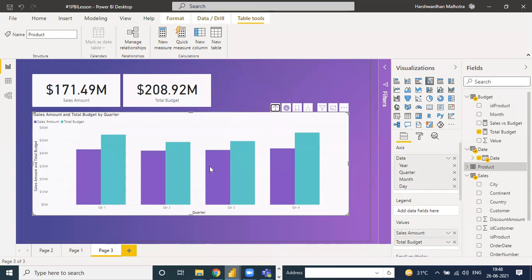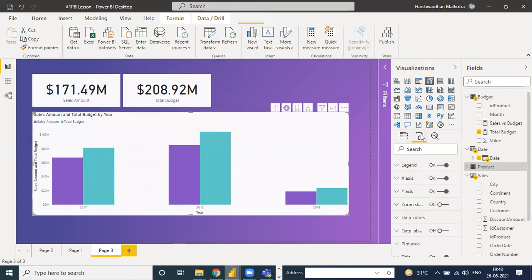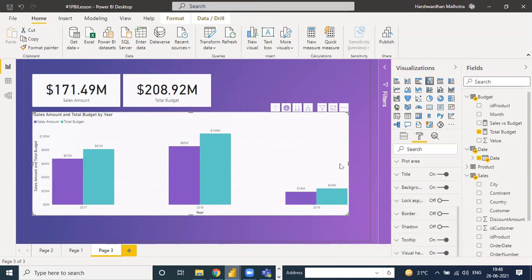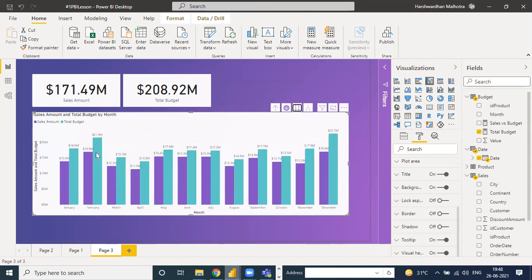Okay, so suppose you want the quarter-wise or the year-wise view. Suppose the total is sales and budget is here, but there is no amount showing how much is sales and how much is budget. When you click there, it shows, but otherwise it's not showing. Then you go to the format tab and click on the data table here. These are some of the formatting tools for the graph, and how to format. Click over the chart and go to the format and do all the tasks you want as per your requirement. The second is quarter and the third is month. It's month-wise sales and budget data.